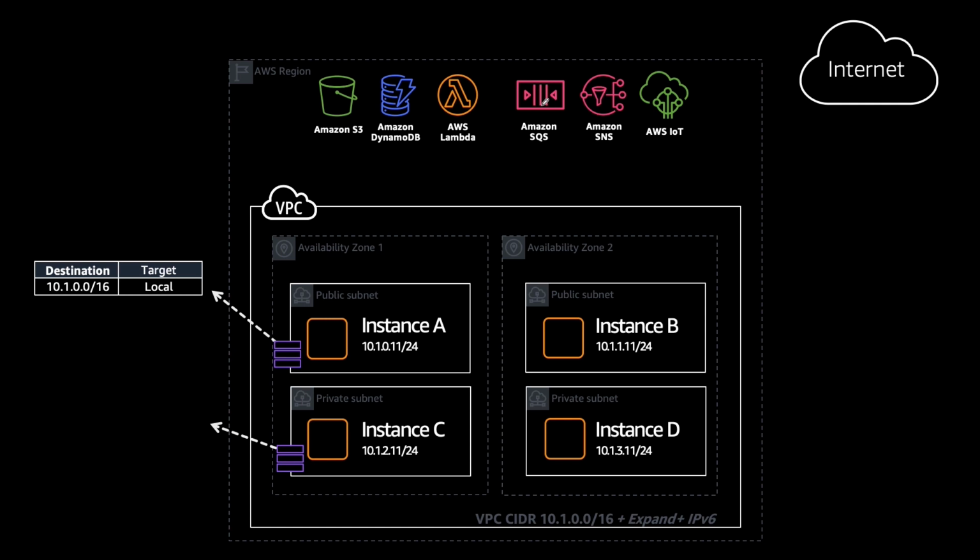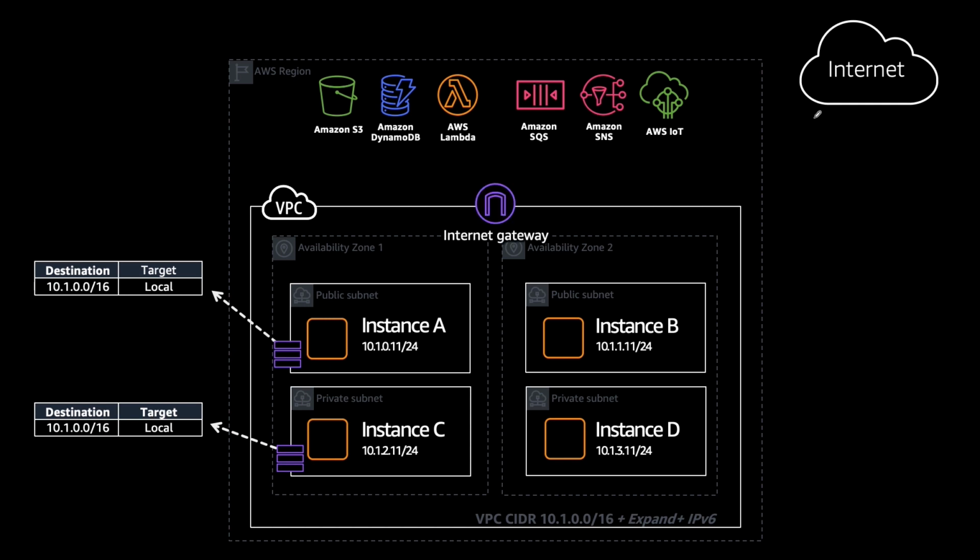Similarly, an instance in the private subnet will also have a route table which will have the same entry, right? So now how can this instance A or instance C access the internet? So first we will talk about how an instance within a public subnet can access internet, and once we discuss that, then we will learn how an instance within a private subnet can access internet. Okay,